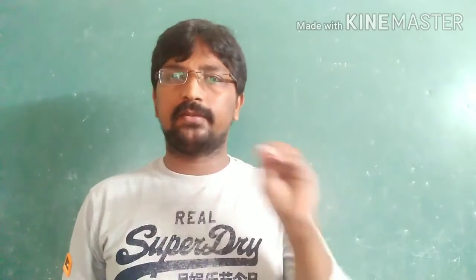So let us see. When you enter a dark room, to find any articles, we use a torchlight. Yes or no? To find the articles in a dark room, definitely we need some light. In the same way, electrons are very small, so they are not visible to our naked eyes. So definitely we have to use some light which has a shorter wavelength.